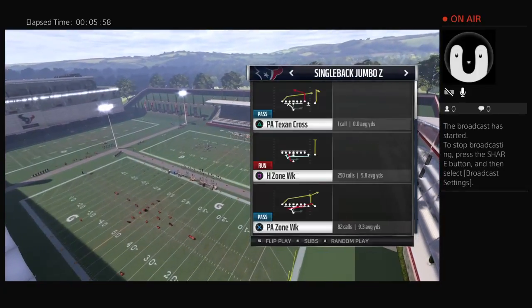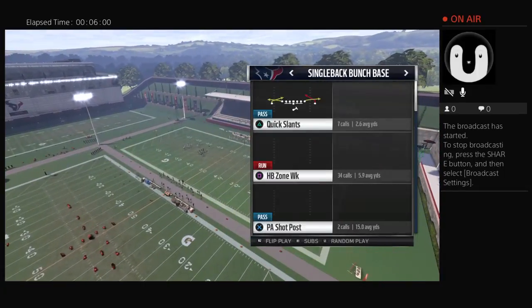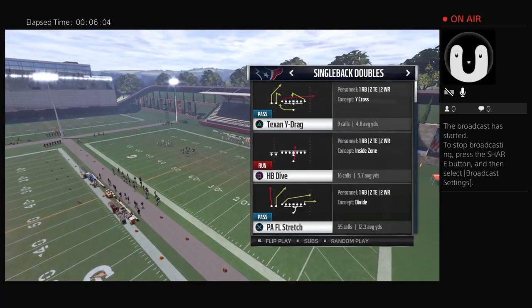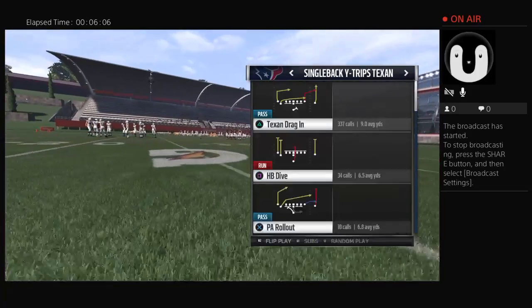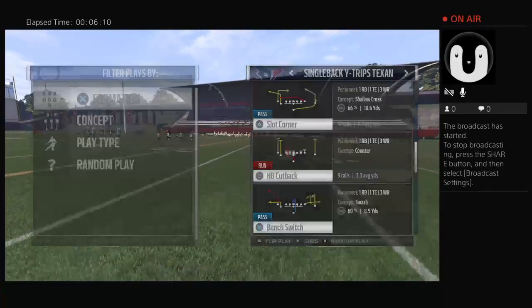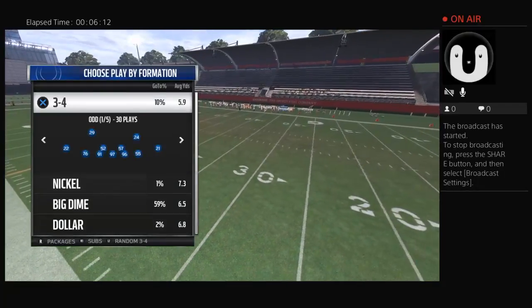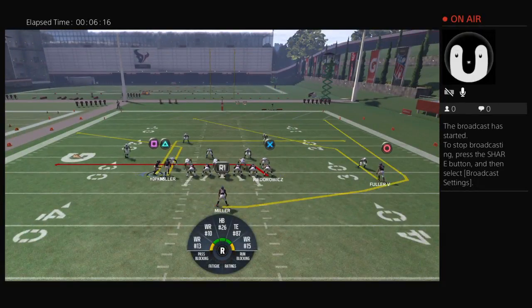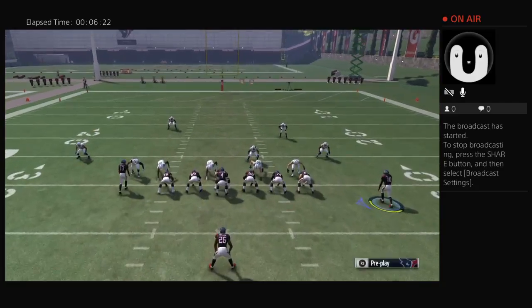This play actually sets up another play in the same formation. And it is the slot corner. Especially if they man up, this play is pretty nuts. Because if they man up, you can get Braxton wide open on that corner. But